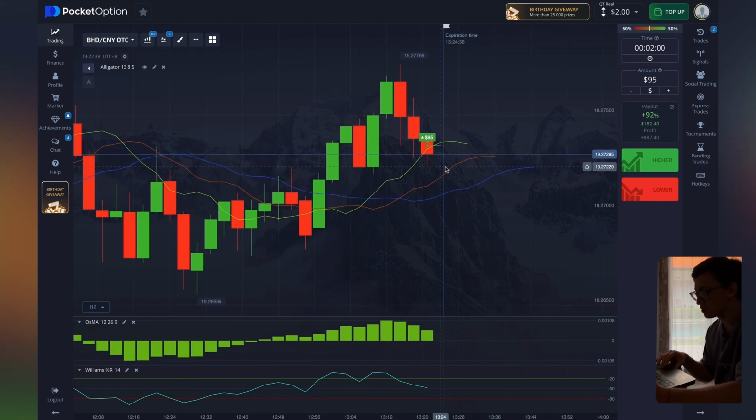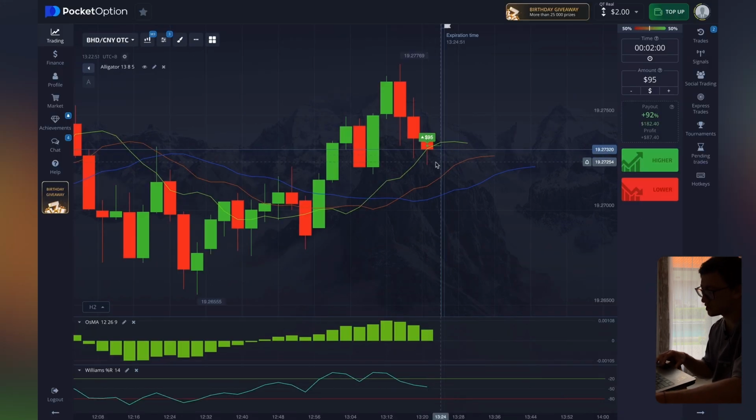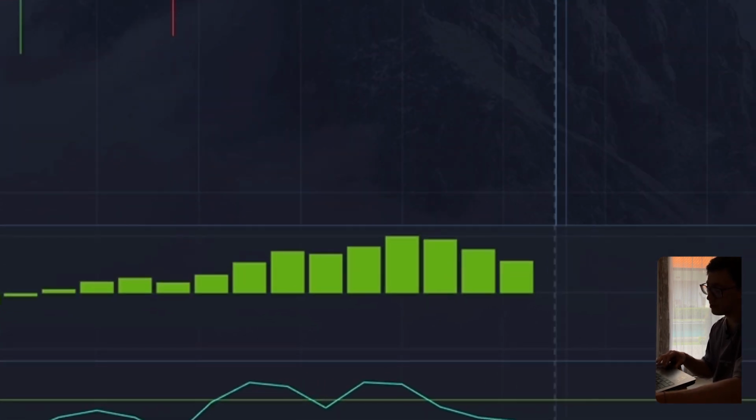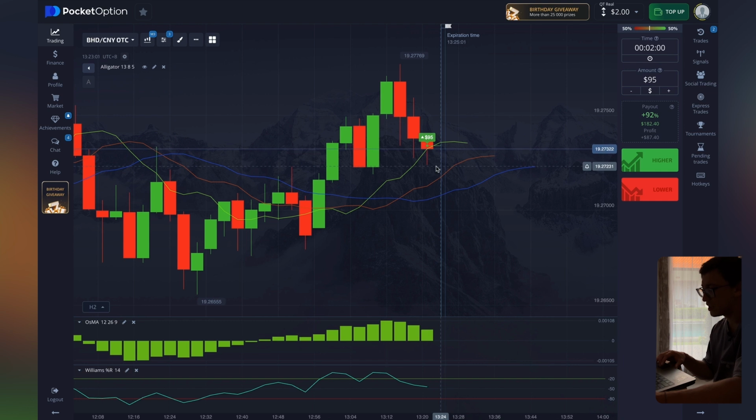And so before us is the currency pair Indonesian rupiah, Chinese yuan, and it'll be going up, and let me explain everything step by step. We look at the Williams indicator. It crosses the resistance line and is directed more downwards, but if we look at the OSMA indicator, then the momentum is in favor of the upper range, since its histogram is directed upwards with green candles. Therefore, the indicators together indicated a bullish trend.